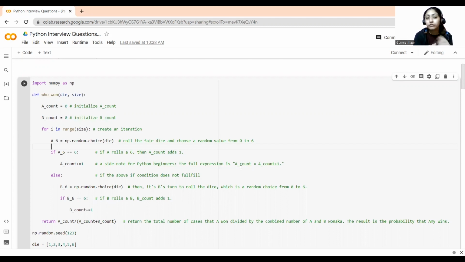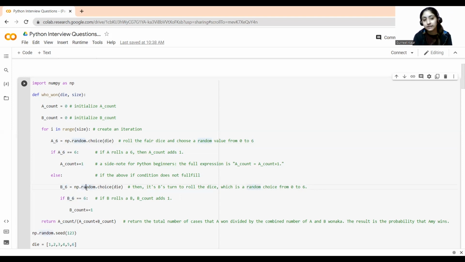Now if the above condition is not true, then we'll use the else. If Amy does not roll a 6, it's Brad's turn, right? So we'll again take a variable b underscore 6 and again take a random choice from 0 to 6.